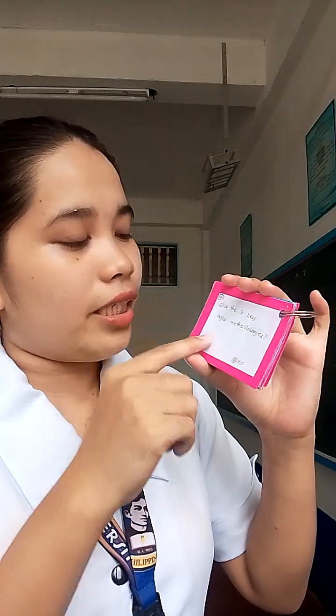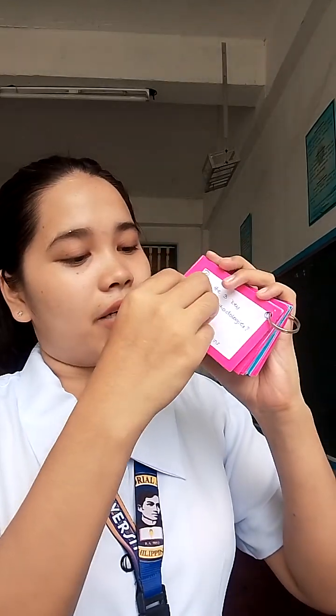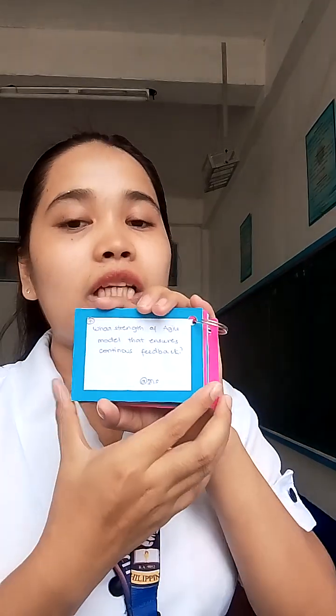Number six: give the three key agile methodologies. The three key methodologies of agile are Kanban, Scrum, and XP. Let's see if my answer is correct. Yes, it is absolutely correct. Then number seven: what strength of the agile model ensures continuous feedback? Continuous feedback in agile comes from customer collaboration, because this kind of model collaborates customer requirements throughout